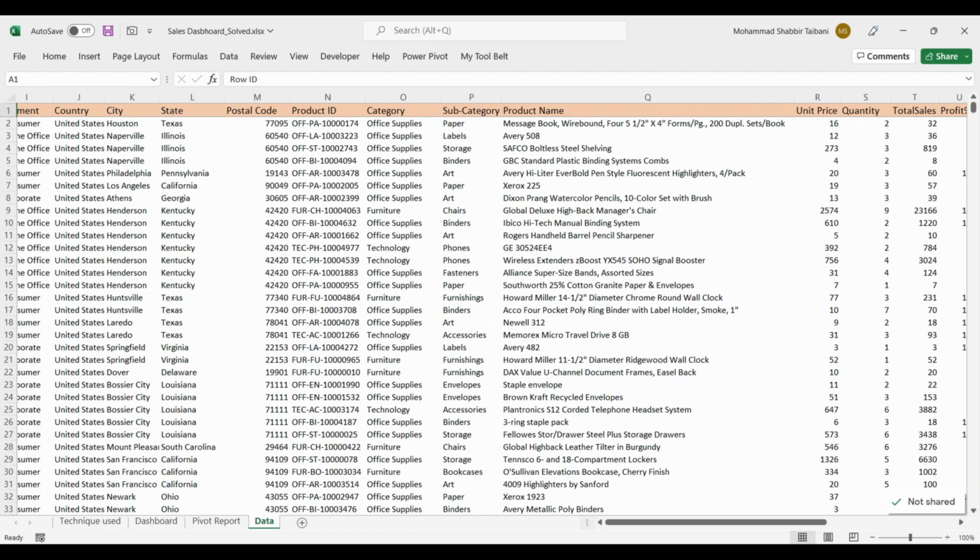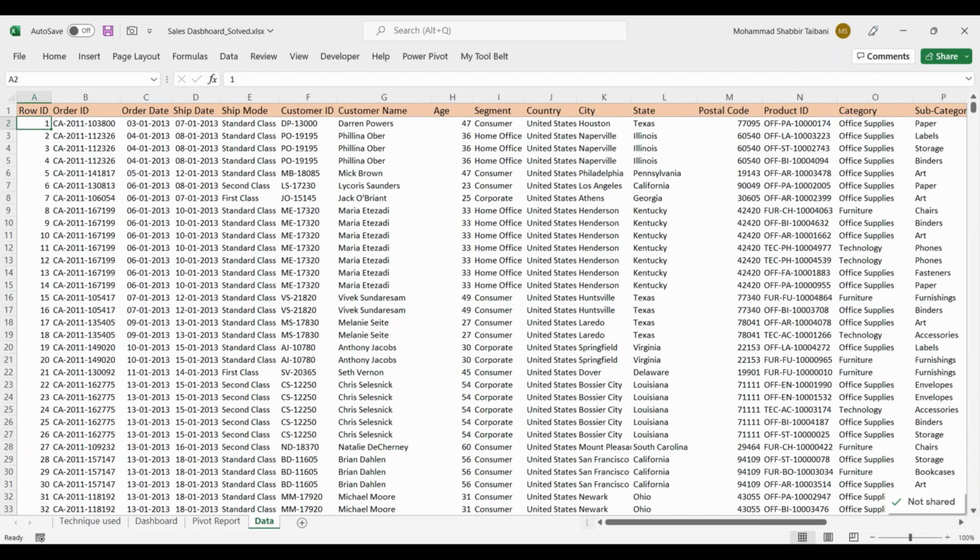Now, as a data analyst or as a data scientist, wherever you are working, your first job is to understand the data. If you understand the data correctly, then you will be in a position to create some insights. If you're not clear with the data, if the terms are not clear with you,